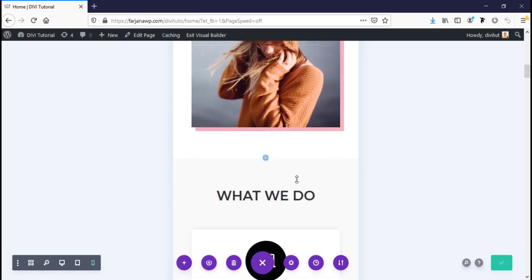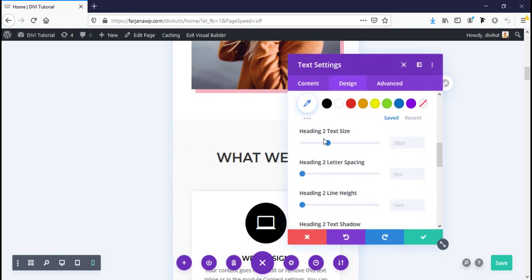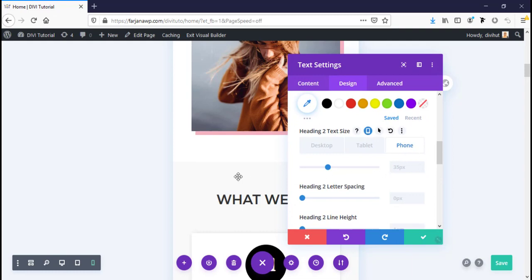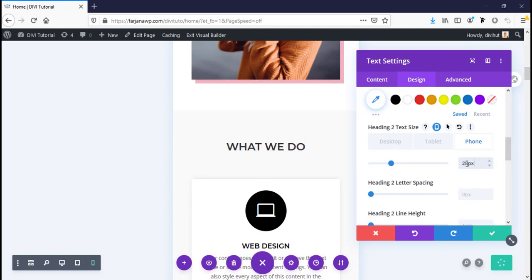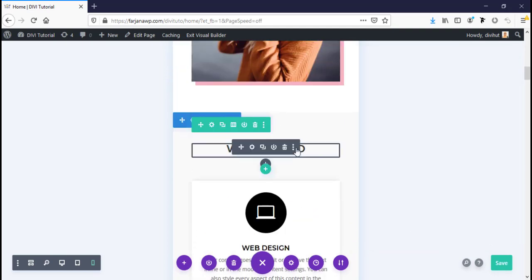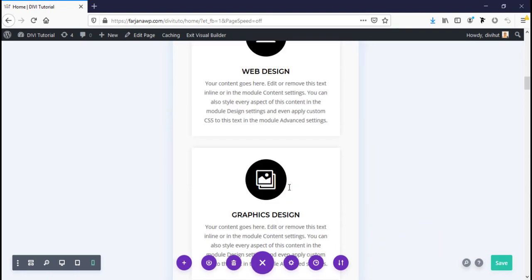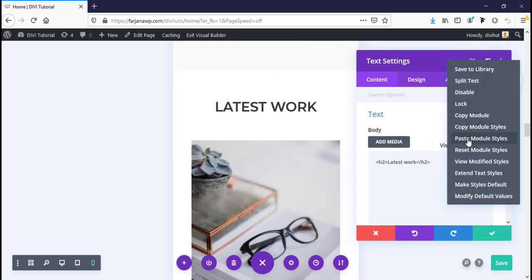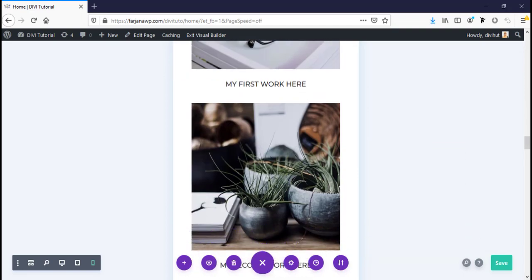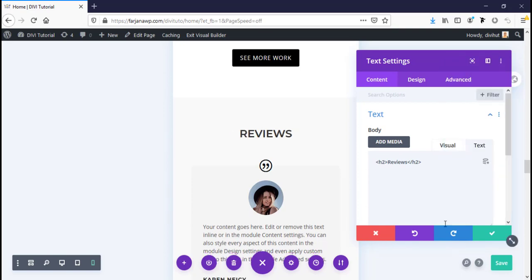and here we can also decrease this font size for phone. Going to design, going to font size, going to phone icon, and here we can also add the same font size, 28 pixel. Save it, and I'm just copying this text style, just going here, copy module style, and doing the same for all other titles. Going here, just paste module style, save it, going here and paste module style,